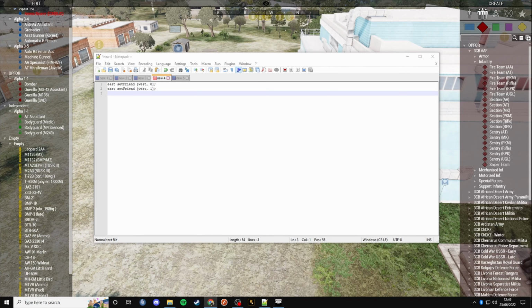In terms of knowing the names of each faction to change, there are a couple different ways of calling them. Personally, I just go with east, west. So east is Op 4, west is Blue 4. Then civilian is just spelled as you'd expect it to be spelled, all lowercase for civies. And then independent, which is the Indy 4, I would literally just spell that as it is spelt, just like that. So for example, if we wanted to make independent enemy to civilians, we could do this,